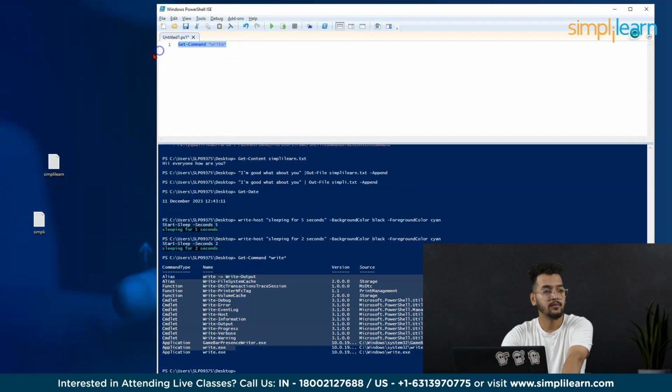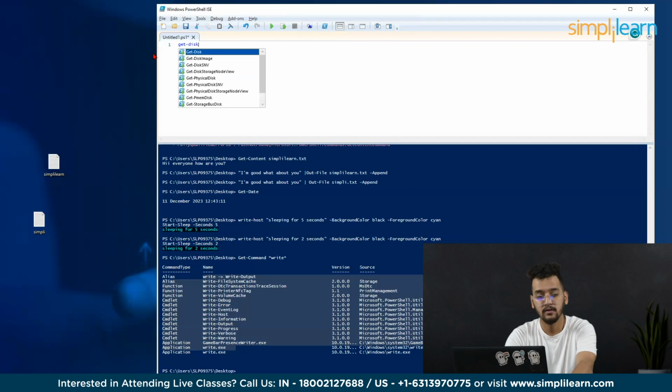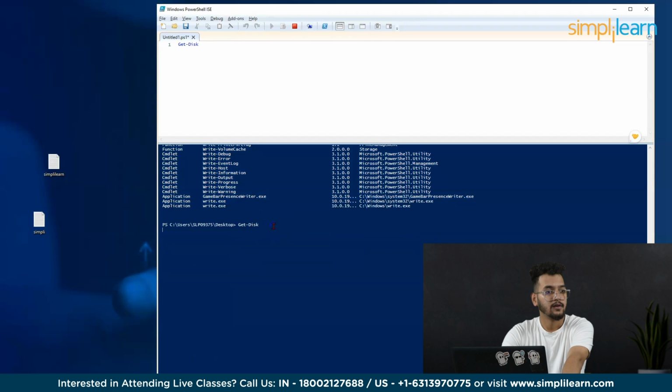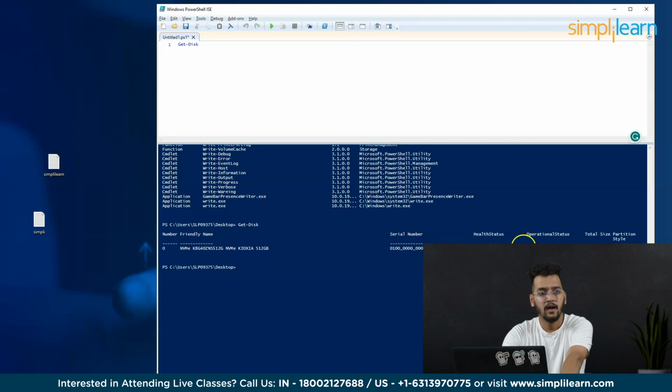So this is done. Moving next, we will see get disk. It's running. Wait. Get disk will get the serial number of the disk, the health and the operational status, and the total size of the particular disk installed in your system. The get disk command gets one or more disk objects visible to the operating system, or optionally a filtered list. Or what I can do,